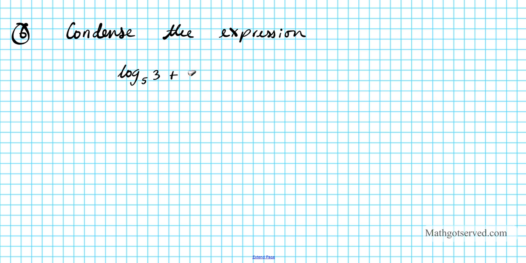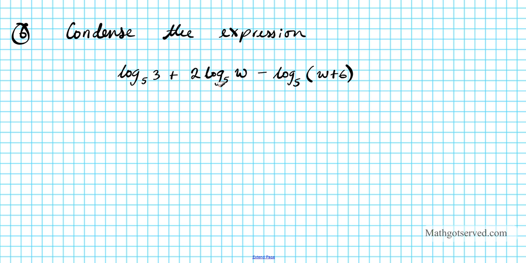All right, let's move on to question number 6. For question number 6, the goal is to condense the logarithmic expression log base 5 of 3 plus 2 log base 5 of w minus log base 5 of w plus 6. To do this, we want to condense using the product and quotient properties of logarithms,